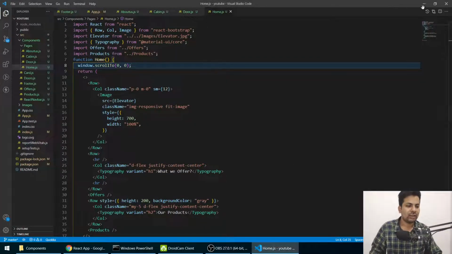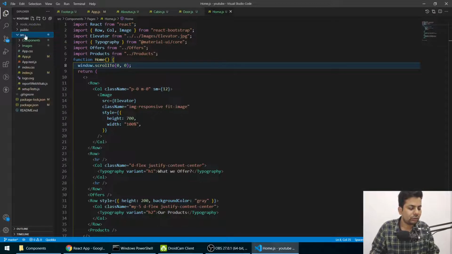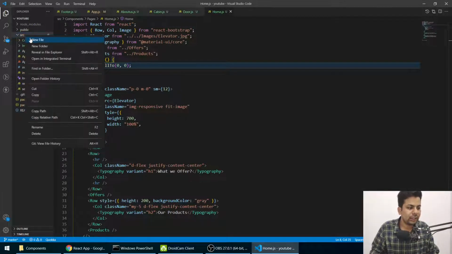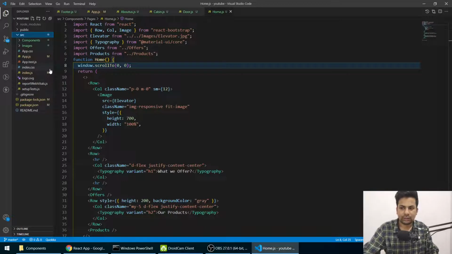Now one thing we have to do: we have to build and deploy it on Netlify. So for that, in the src folder, we'll make a new file called underscore redirects. No, not in there, let me just check which folder it was. It was components. No, it was public.